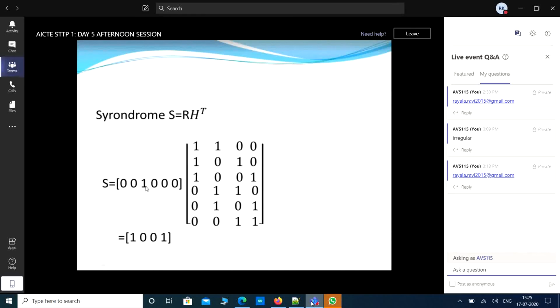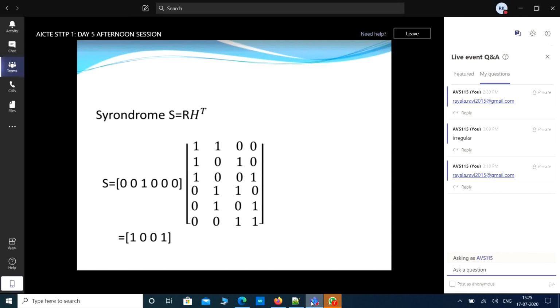To check the received code word: one received code word is received from the channel. Is that received code word a correct received code word or a wrong one? Suppose the syndrome S is not equal to 0, and 10011 is what we get for S, then definitely the error is present. So if syndrome S is equal to 0, there is no error. The received code word is a correct received code word.